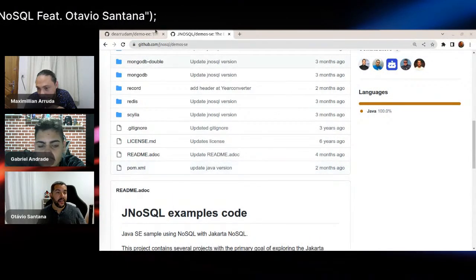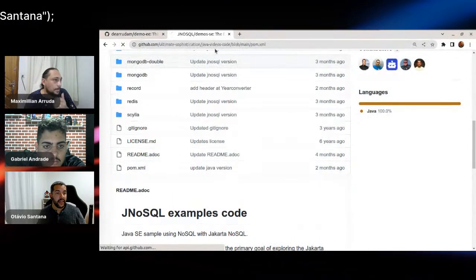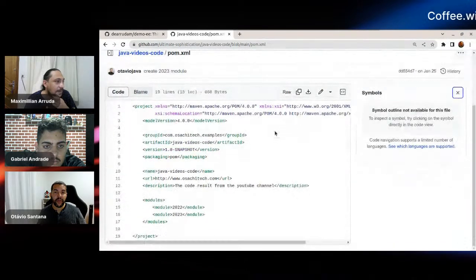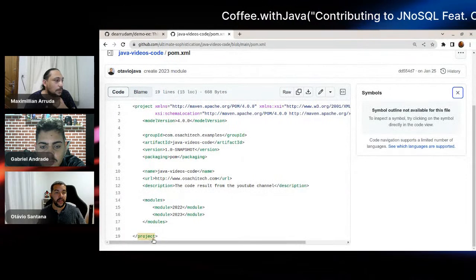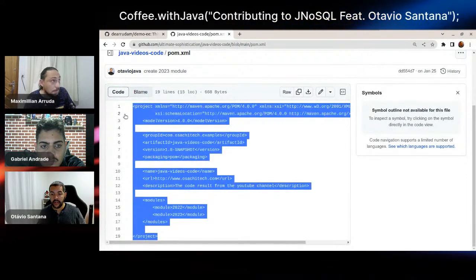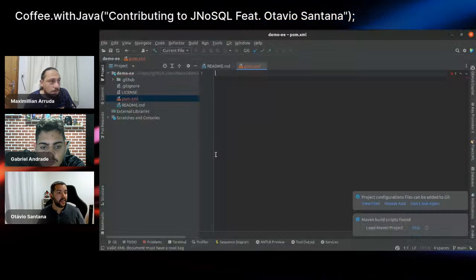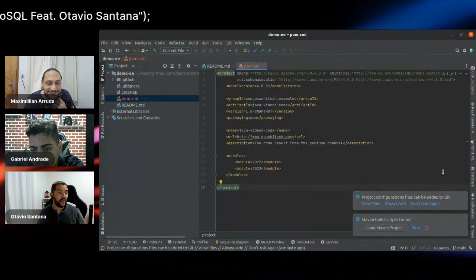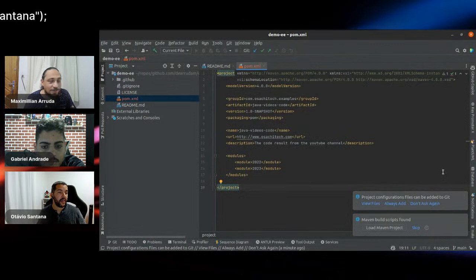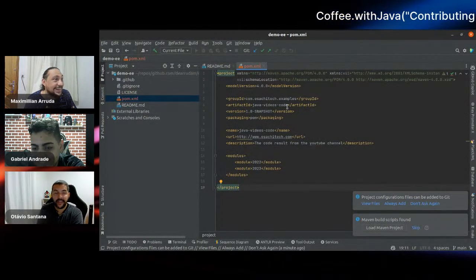If you copy and paste it, you can use this one and make the modifications that you need. Great, so I will copy it, clone, paste. Copy paste driven development. It's very good, it's amazing.